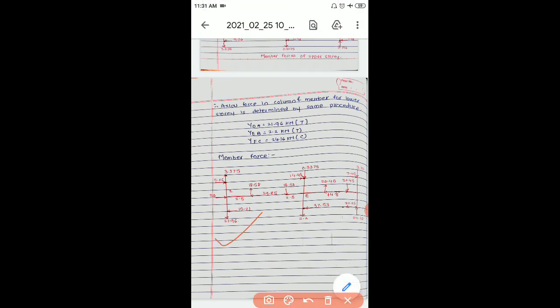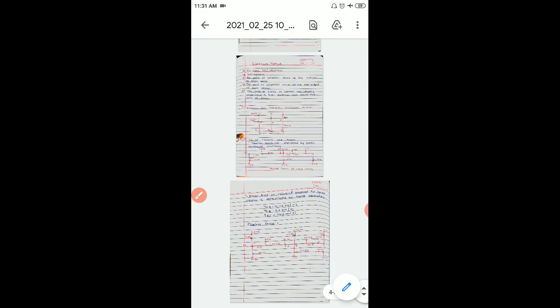And we'll get the forces in members. V is for vertical load and H is for horizontal load, and accordingly we'll get this moment. It is very simple, and comparing both methods, sometimes the cantilever method requires less time than the portal frame method. Then we'll get the member forces. Similarly, just apply it for the second half. We have done it for the first half, then do the second half, and everything will be the same.